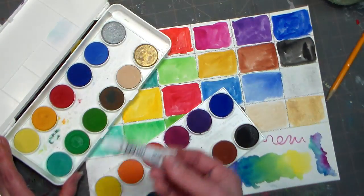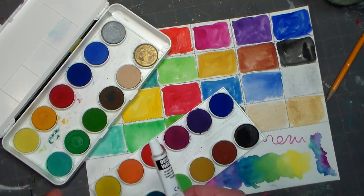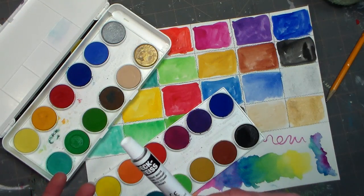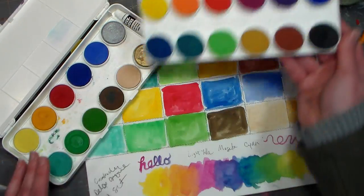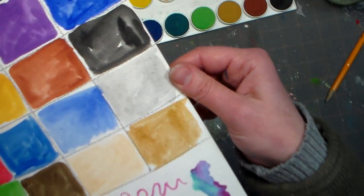a little tube of white, which is really nice because a lot of times the white cakes of color don't really release that much. It's hard to get a really opaque coverage, and this gives you a nice opaque white. Then you can just squirt out what you need and use it as thickly as you like. So there's that. We're going to use that today in our demonstration, and kind of show you the shimmeriness